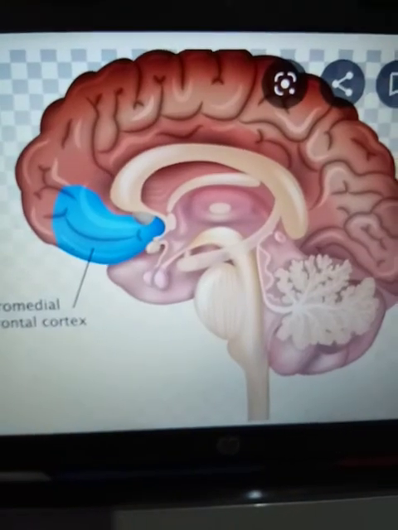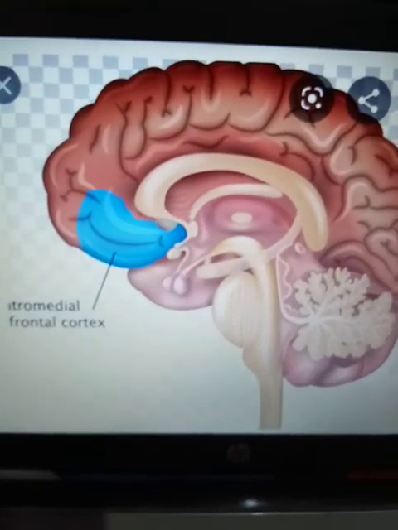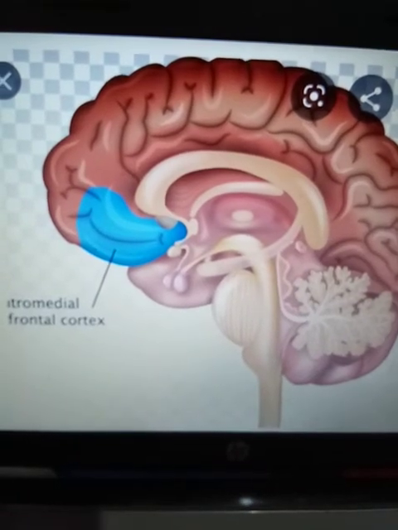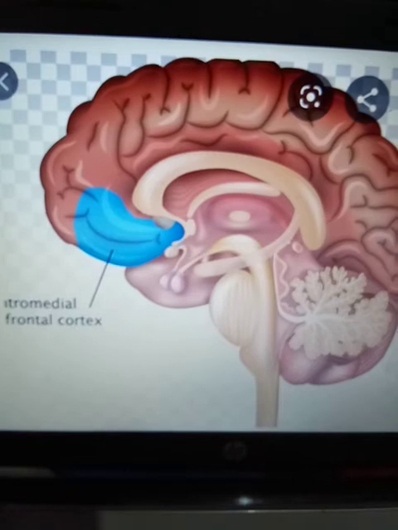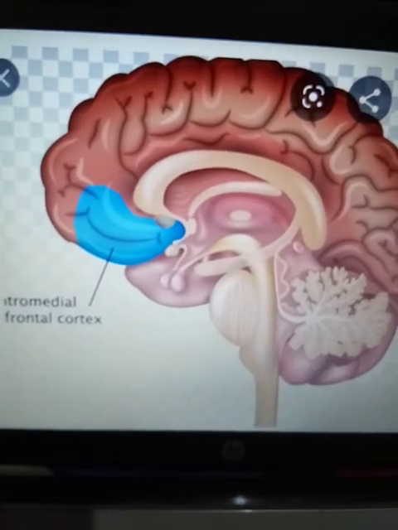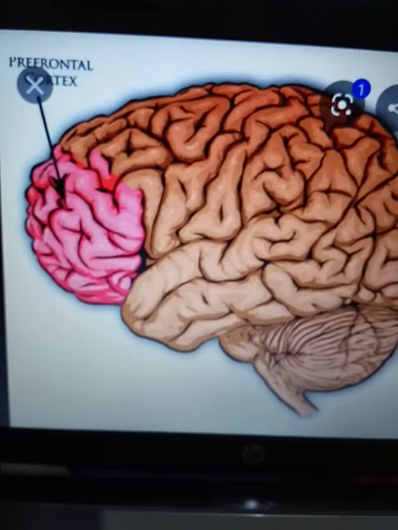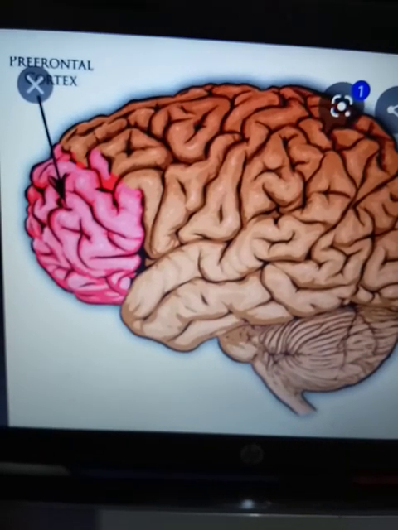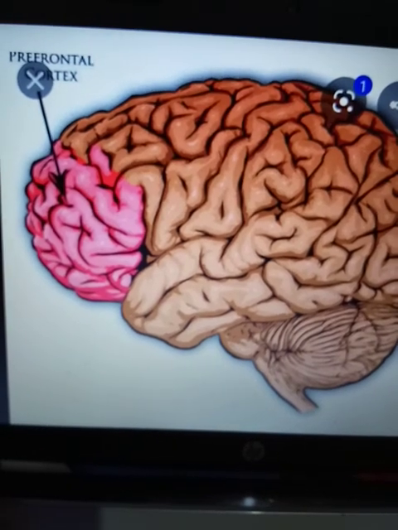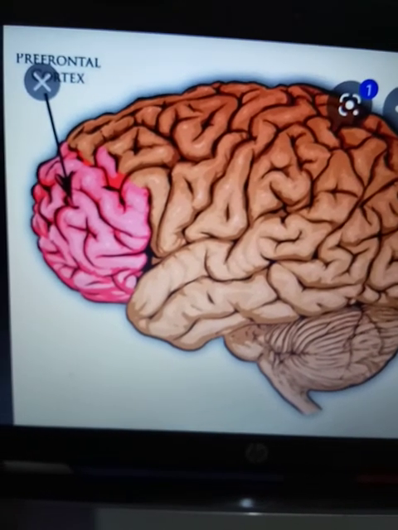After this comes your prefrontal area. As I have told you, the prefrontal area comprises the medial frontal gyrus and the orbital gyri, and it comprises this pink colored area, the anterior part of all the 3 frontal gyri. This prefrontal area is concerned with the